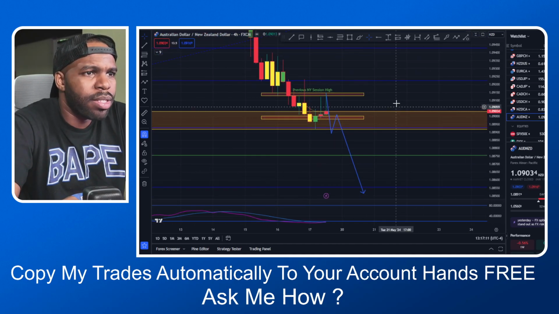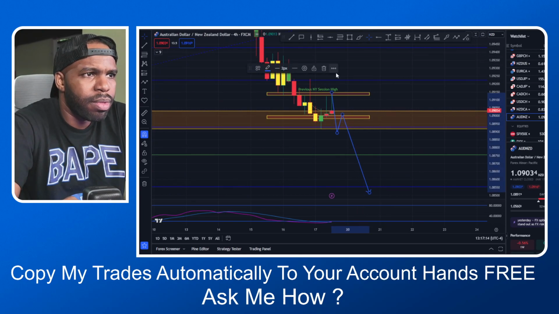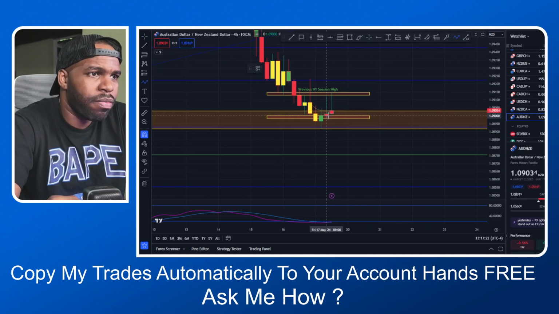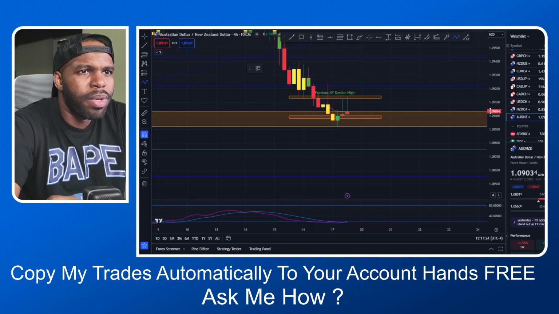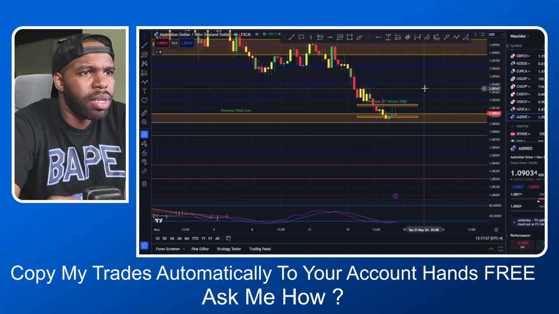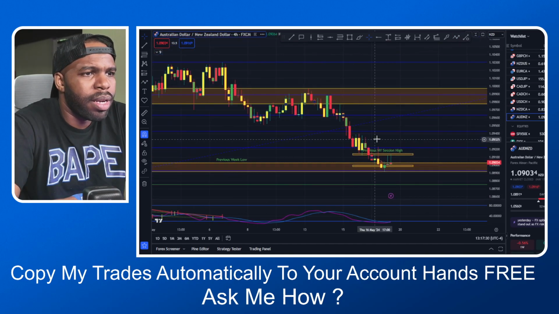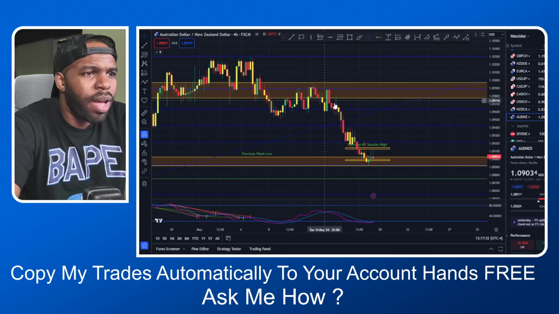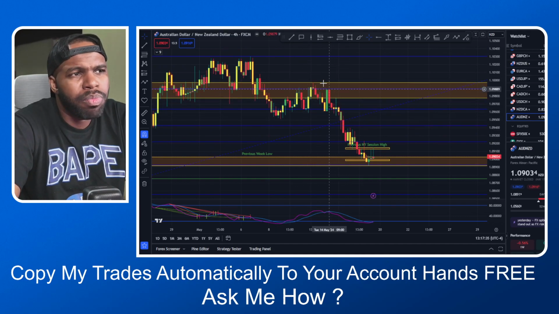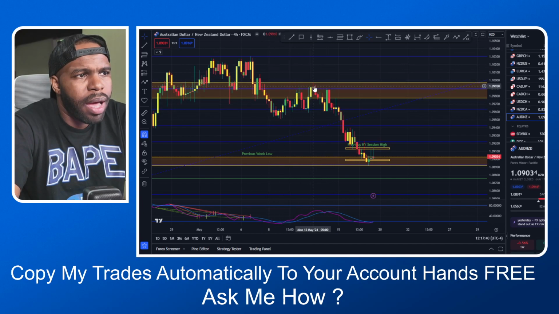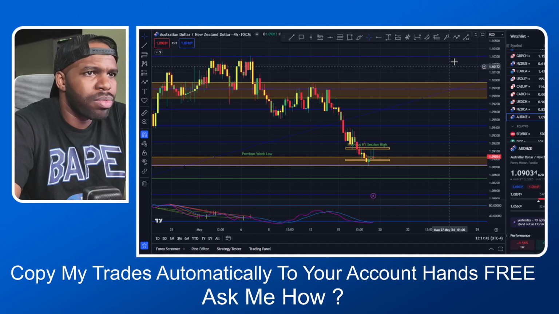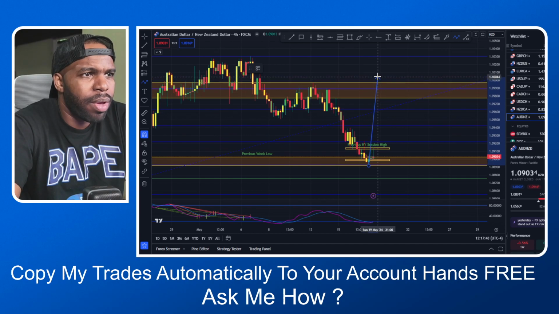Let's see. If price comes up here, let me show you what I'm looking at. If price doesn't go down the way that I wanted, I won't really be looking for buys, to be honest with you, because on the 4 hour we are in a downtrend. So price would really have to break this area, break the lower low, lower high. Price would have to break this zone. Based on the higher time frame, price has to come all the way up here,